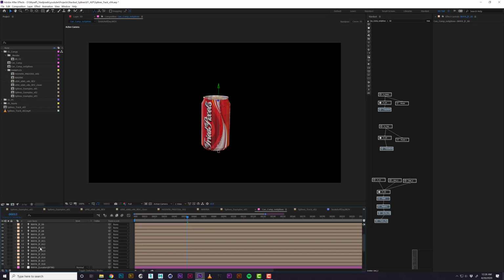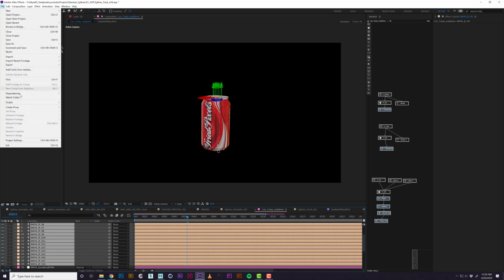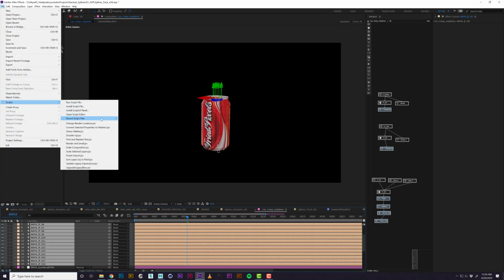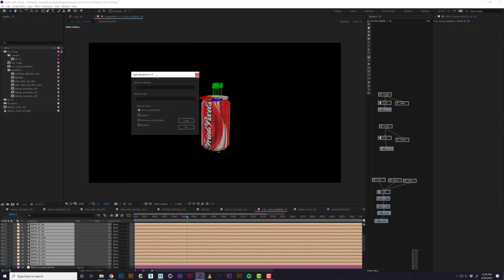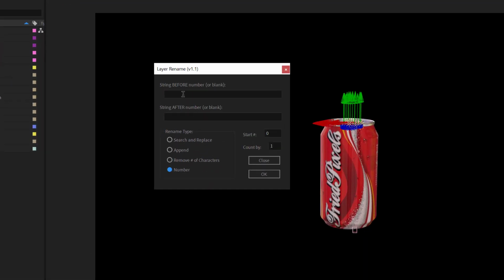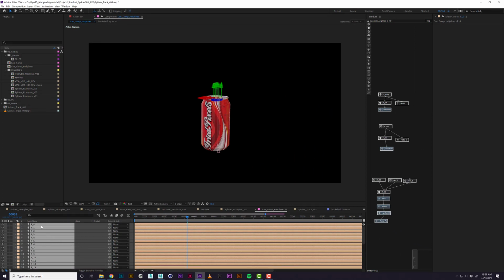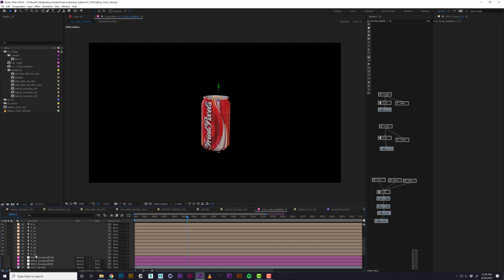Great. And the next thing I want to do is rename them. Having the Maya and the pipe in front of it is just cumbersome. I just want them to be the letter and the number. So we're going to go to Scripts, Recent Scripts, and Selected Layer Renamer. This is version 1.1. I'm going to do number. Let's say we want these to be F underscore, and then count by 1 is fine. Hit OK. Now all of our lights are named F. So now we can turn those off. We don't need to look at them.